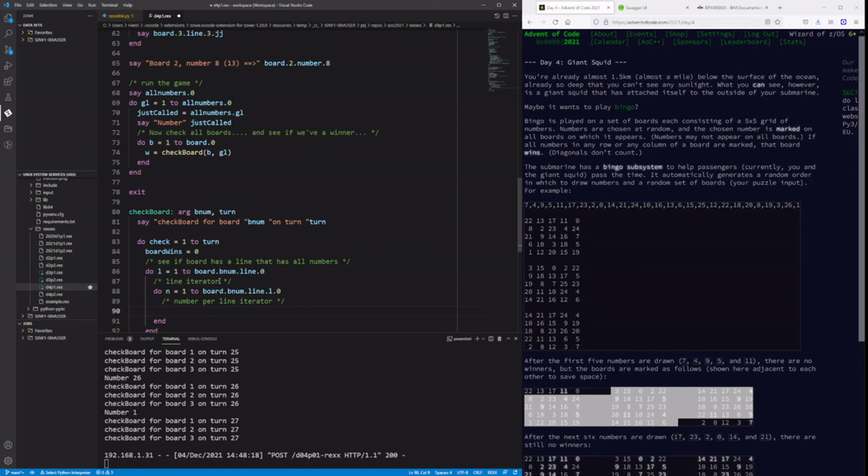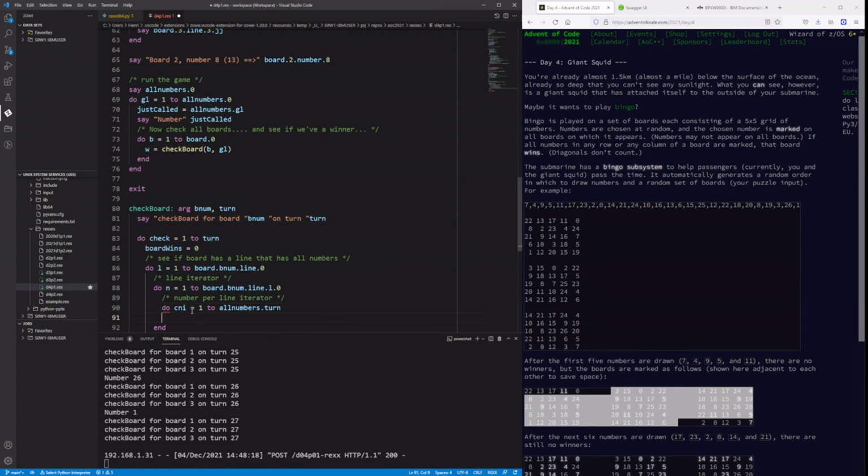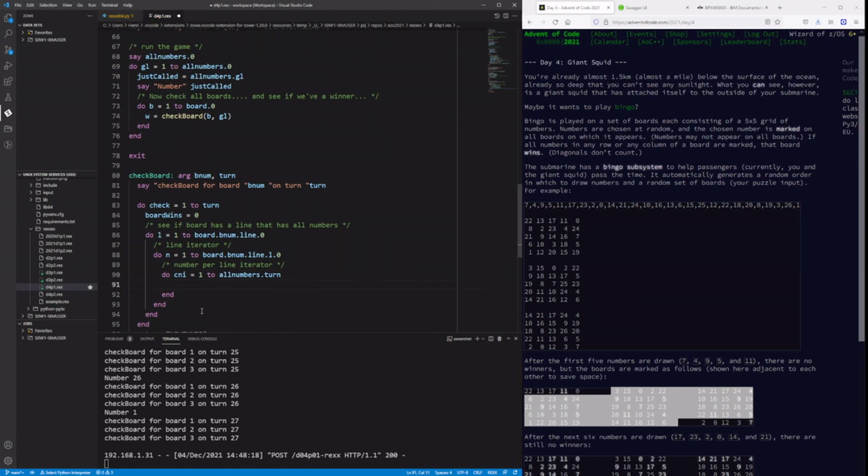Line, line. For that line, we're going to check all numbers. Yeah. Do check number index equals 1 to all numbers dot turn. So if we move through the lines, so we're doing this check,